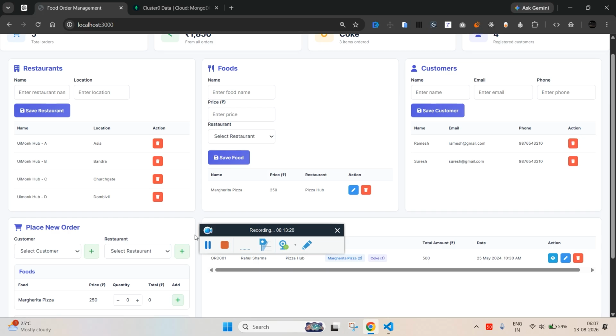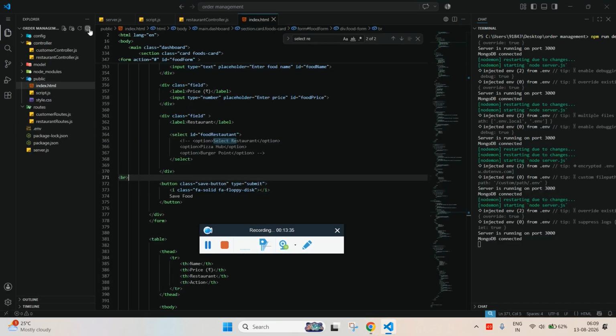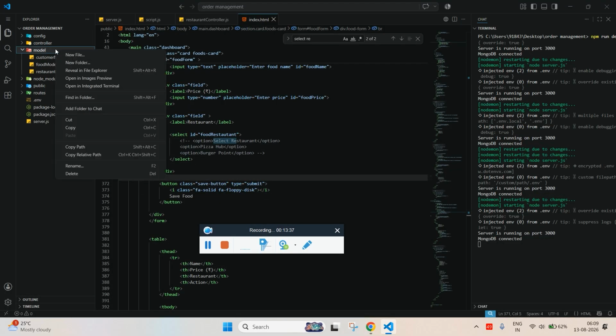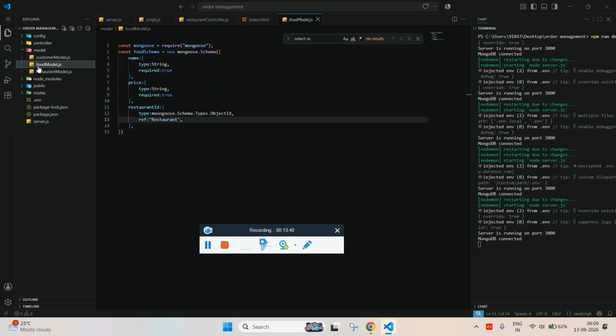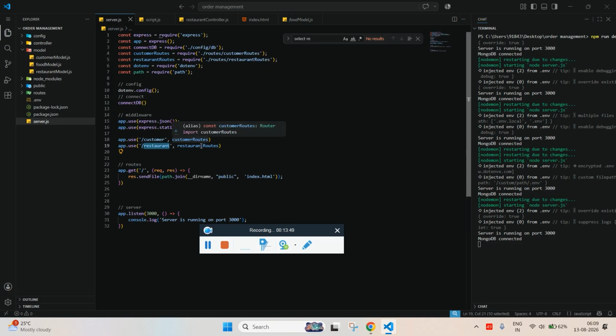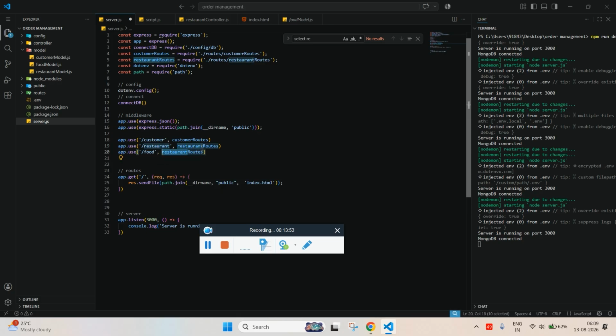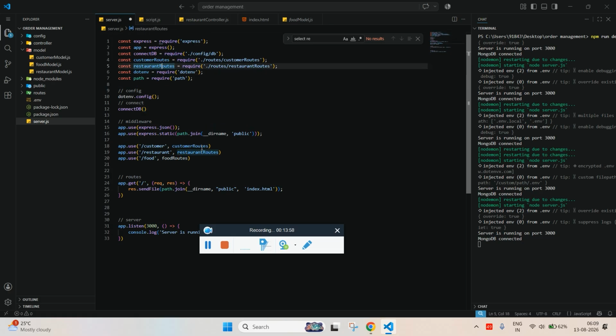Cool. Now the next step is to create the CRUD. So to create the CRUD, what all details do we need? To start, we have to create the model first, and we'll call it the food model, which we have already created. The next thing is we need to create routes. So we'll start with server.js, and the route is food, and who is going to take care? The food route, and we need to create a new file in the routes,